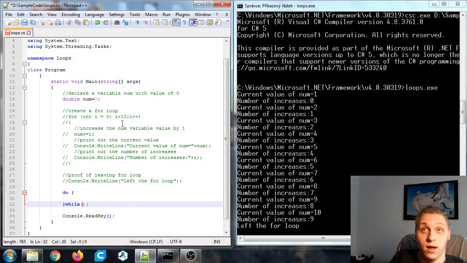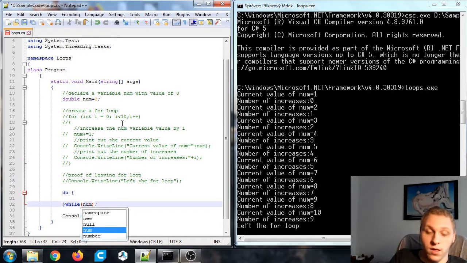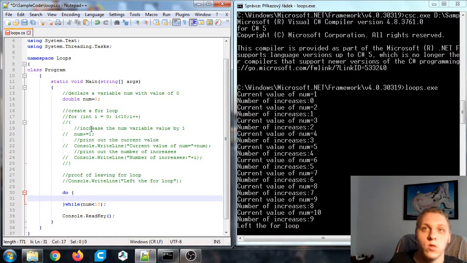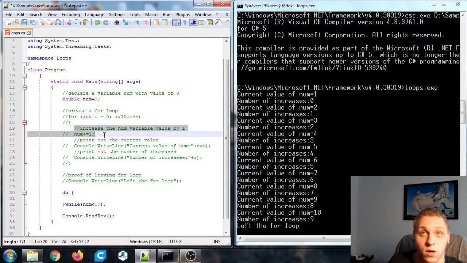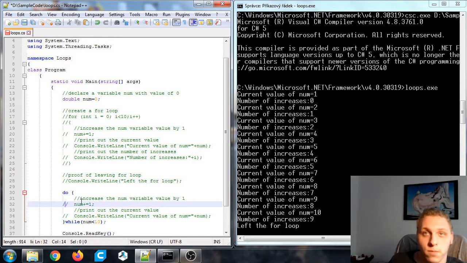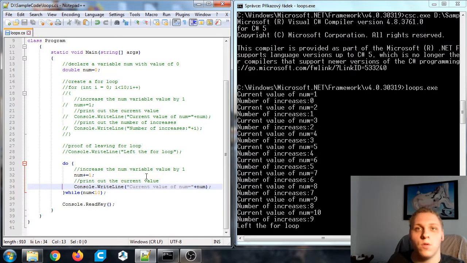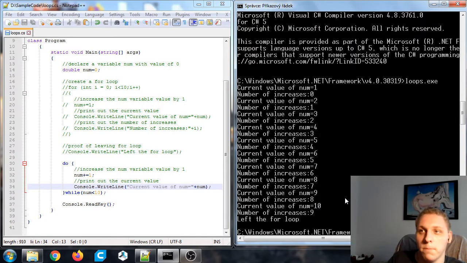And let's say that num is less than 10 again. And let's just copy these 4 lines of code. And there we go. And if we're going to compile this and run this again,